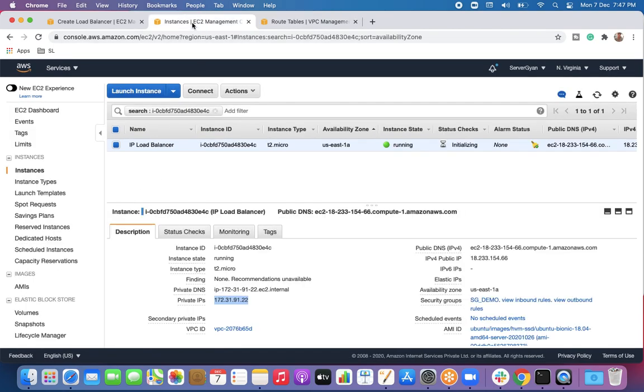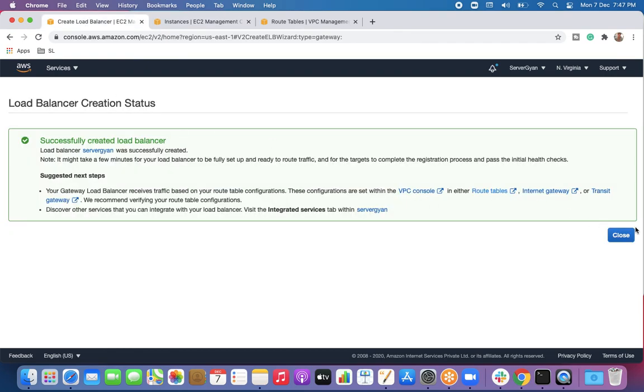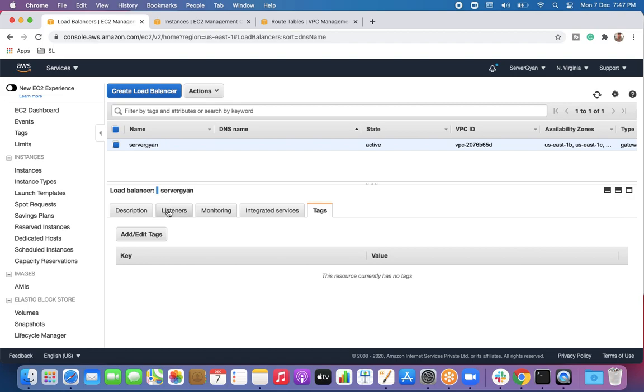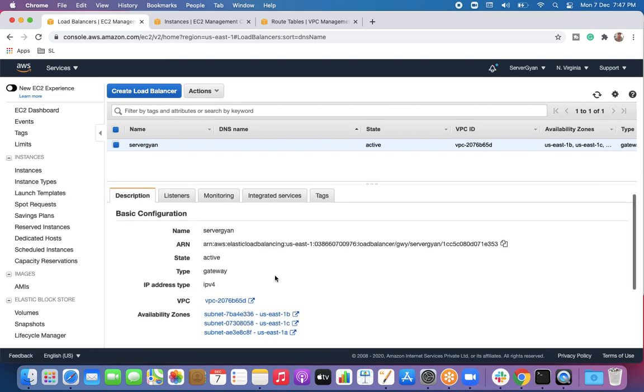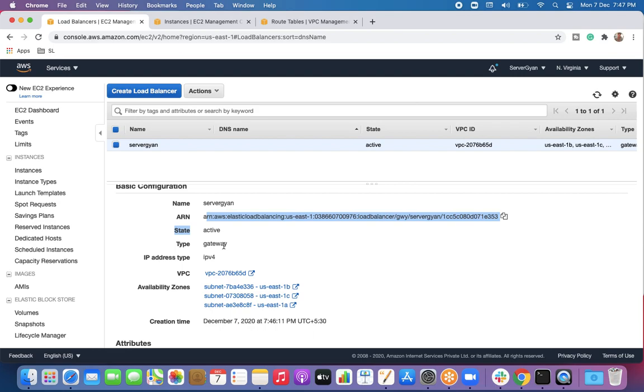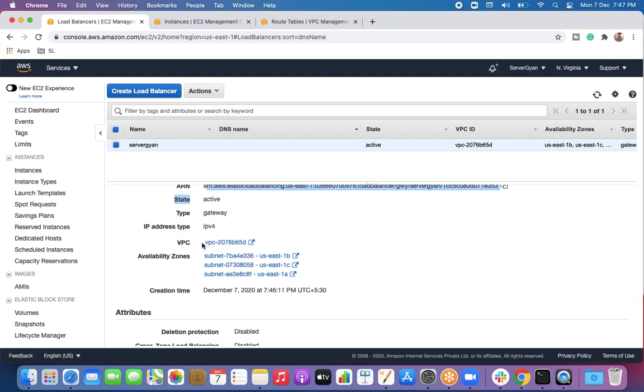Okay. So if we do not want to go with an IP address, what we can do here is go with the instance. Let us say I close this particular section, and after that I'll go to the description. It is going to provide the name, like server gyan, the ARN, then the type, which is gateway, and after that the VPC where this particular component is working.